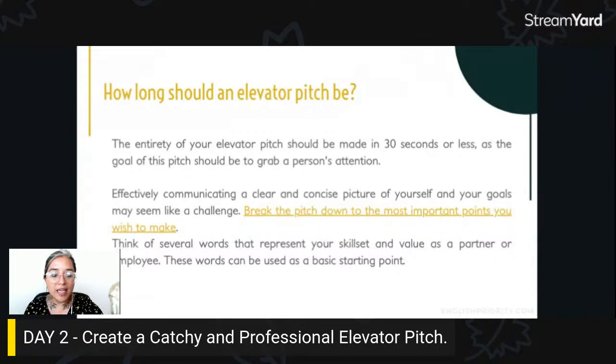As we were saying yesterday, it depends on your interests, on what it is that you really want to say. What is the real purpose of your communication? The ideal is that it is 30 seconds, but it is not necessarily the same every time. It could be less, it could be more.